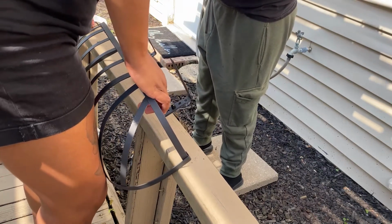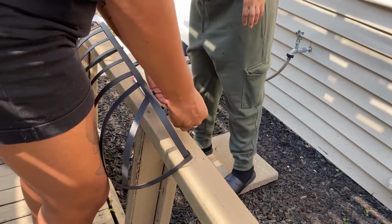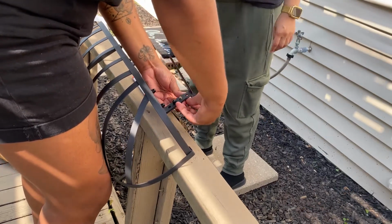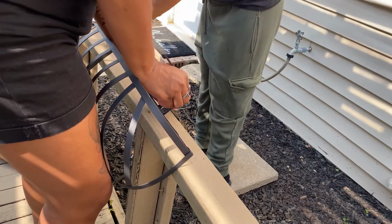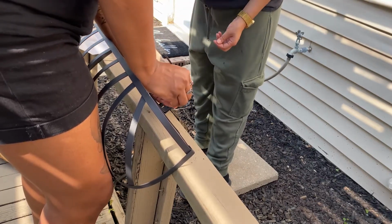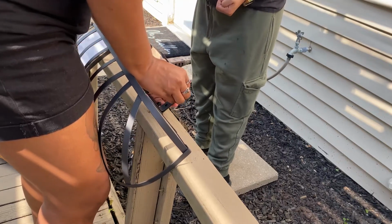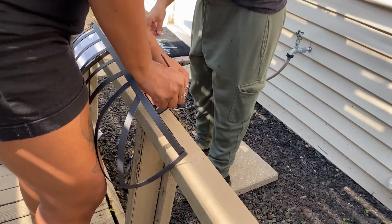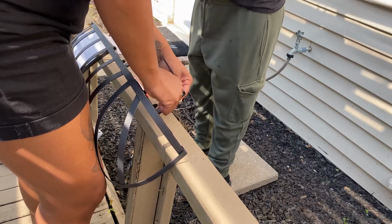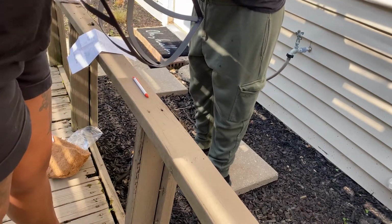If you want an actual in-depth tutorial on how to install a Hayrack, I would suggest you go to Home Depot's website where we got it from. They have really thorough, in-depth videos on exactly how to install this. And even after watching the video, I think this is installed wrong because this Hayrack is actually supposed to go over a balcony or a ledge or something like that. That's why it kind of sticks out from the wall, which I didn't realize when I purchased it,